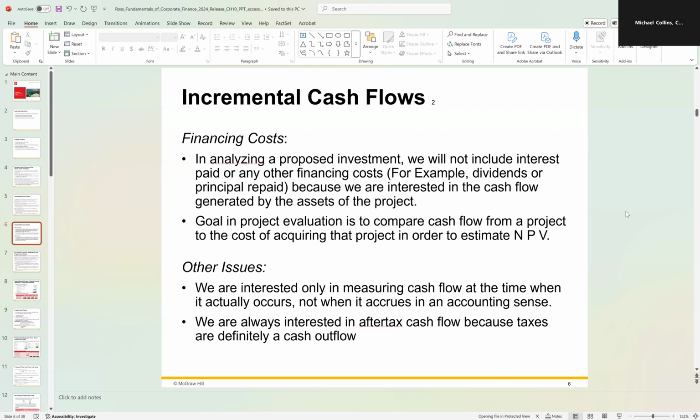The goal in the project evaluation is to compare cash flow from a project to the cost of acquiring that project in order to estimate a net present value, a topic we've discussed in great detail. We are interested in only measuring the cash flow at the time when it actually occurs, not when it accrues or from an accounting sense. This is just looking at cash in the door. We are always interested in after-tax cash flow because taxes are definitely a